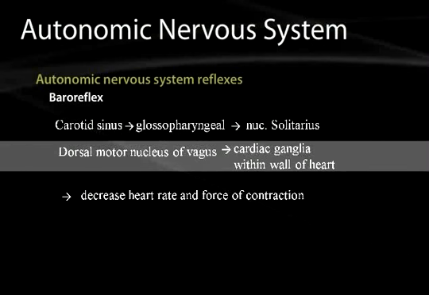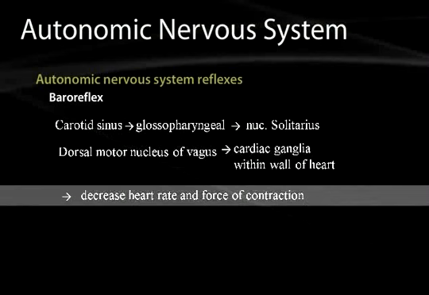At that point, information is passed to the dorsal motor nucleus of the vagus, and then it travels all the way down to the heart itself, where the postganglionic neuron is found within the wall of the heart in the cardiac ganglia. And this will release acetylcholine into the heart muscle, which will decrease the heart rate and force of contraction. This concludes